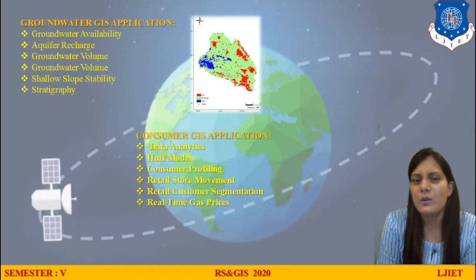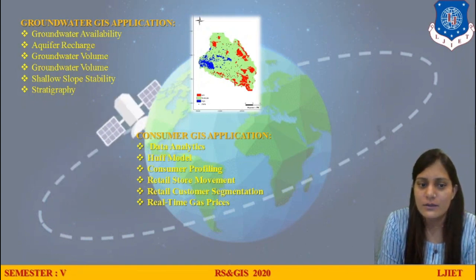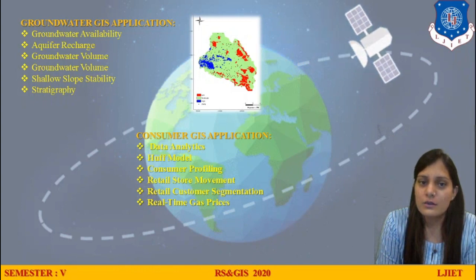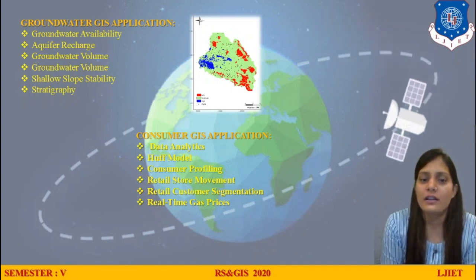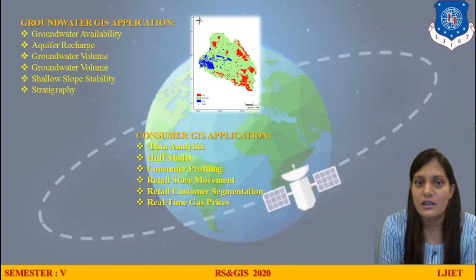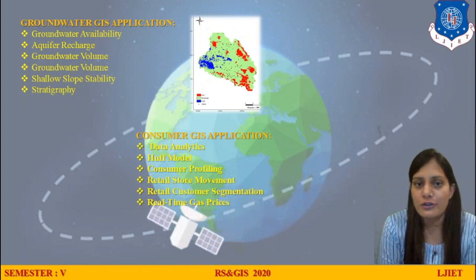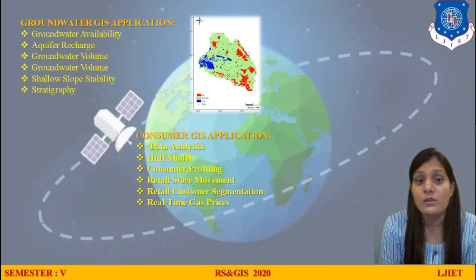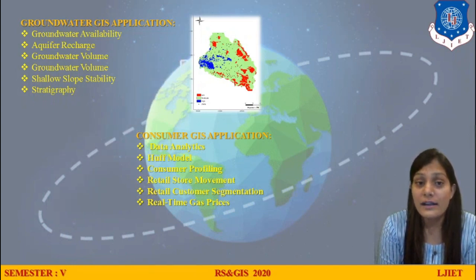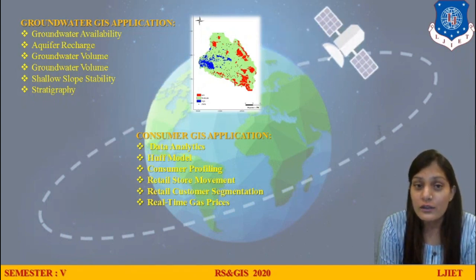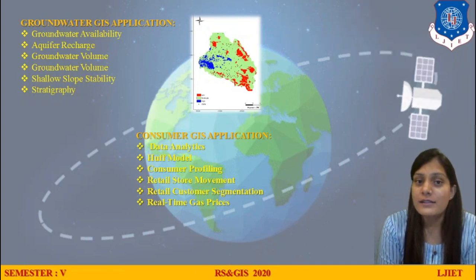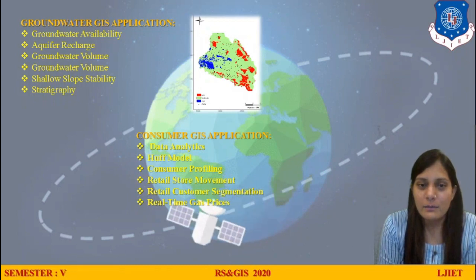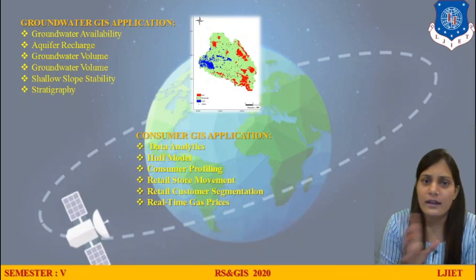Next is consumer GIS applications. Consumer here is a very day-to-day life application. We can use data analytics, the Huff model. This is not much in day-to-day use, but if I have a store, for example a grocery store of DMart and a grocery store of Star Bazaar, then I would like to know which will work better, and the data analytics will tell me, right? You all know that when we enter a mall, the security guard ticks the number of people going in and out. That is one data we are collecting.